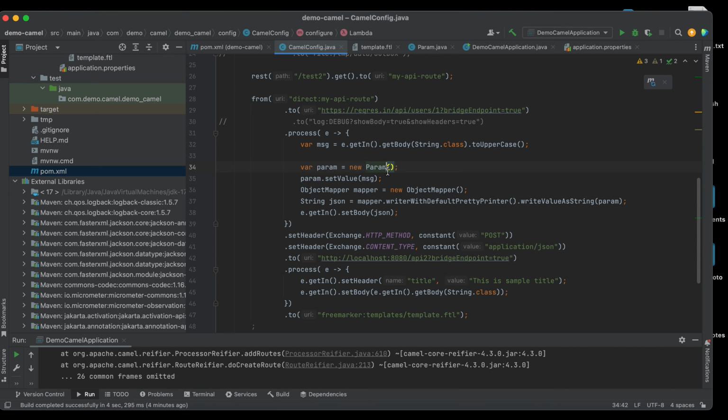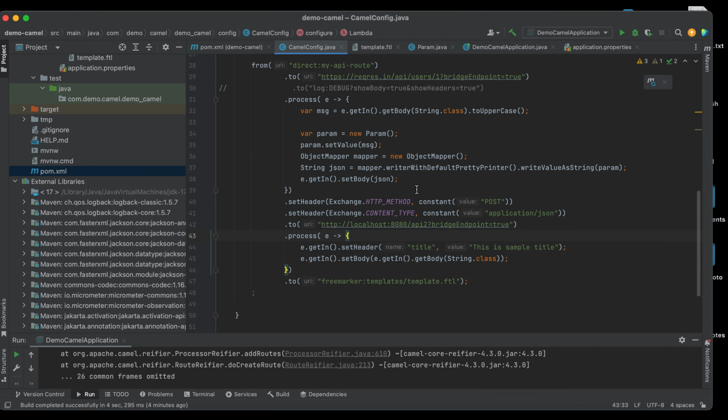This parameter object, we will need for our second API, which is this one. That's why we created this. After constructing the param object, we pass it to the second API, which is this one. Then that's it. We call the second API.